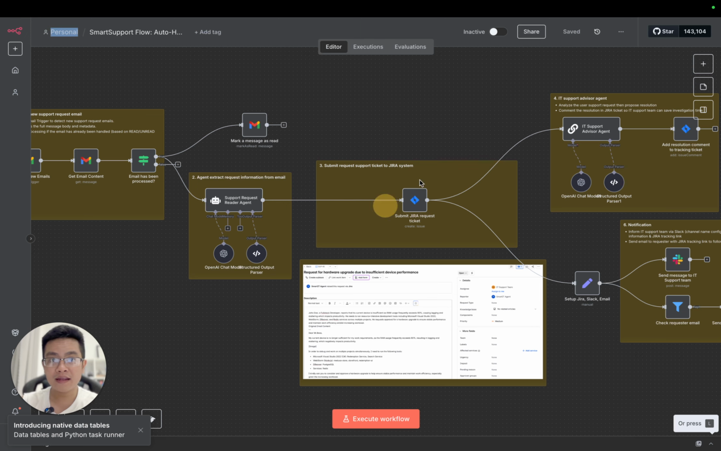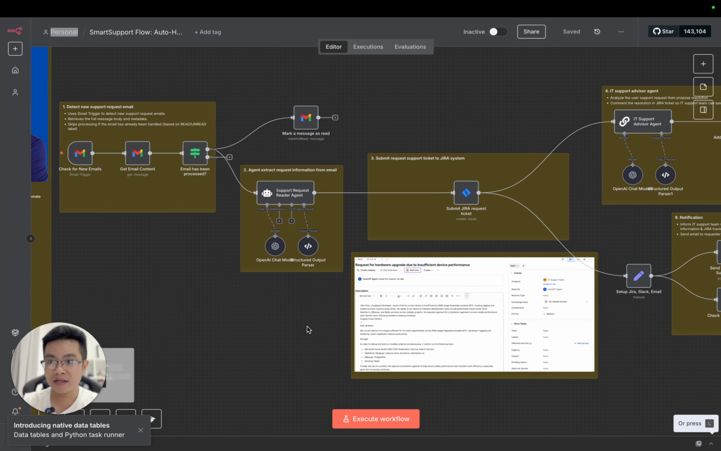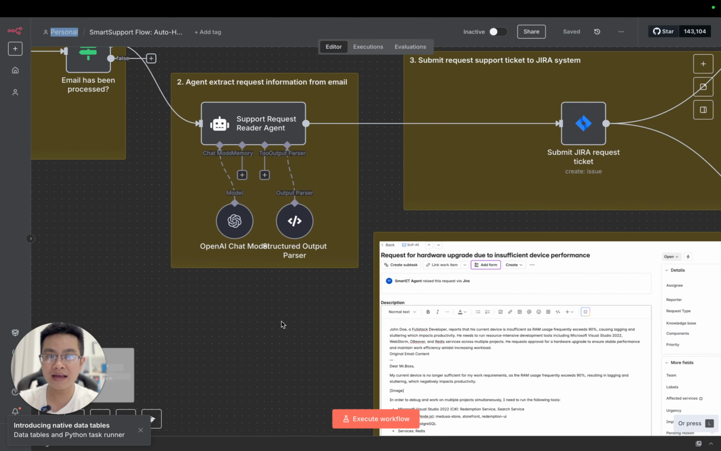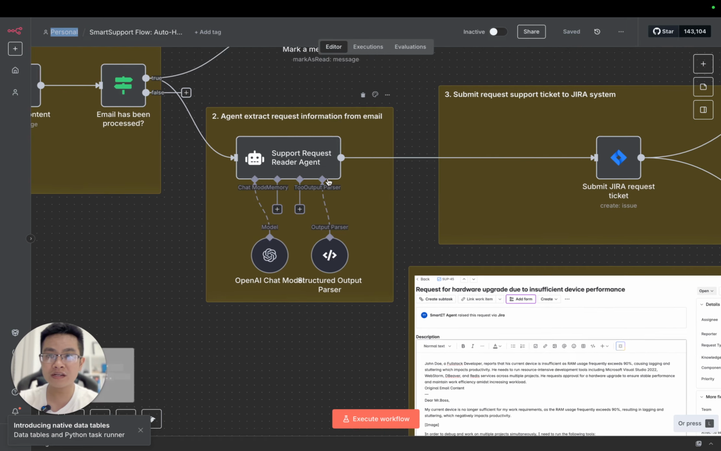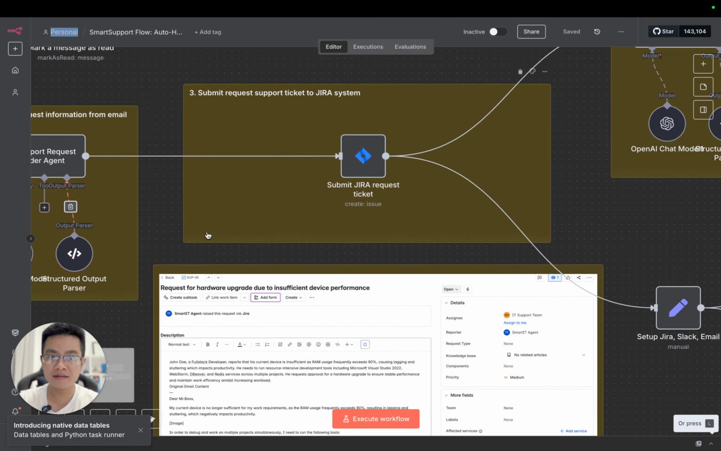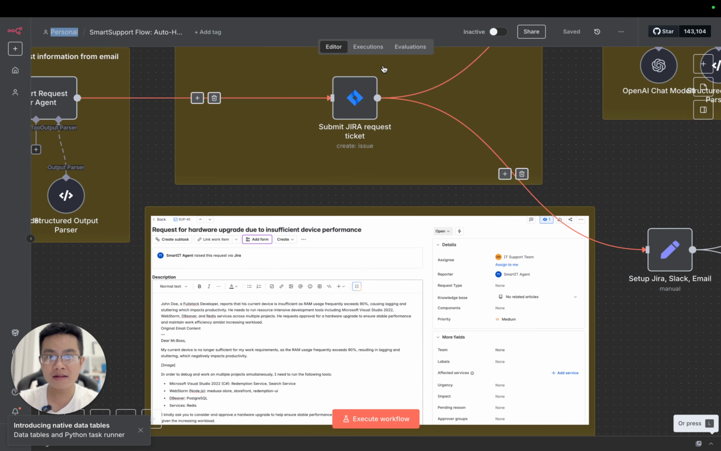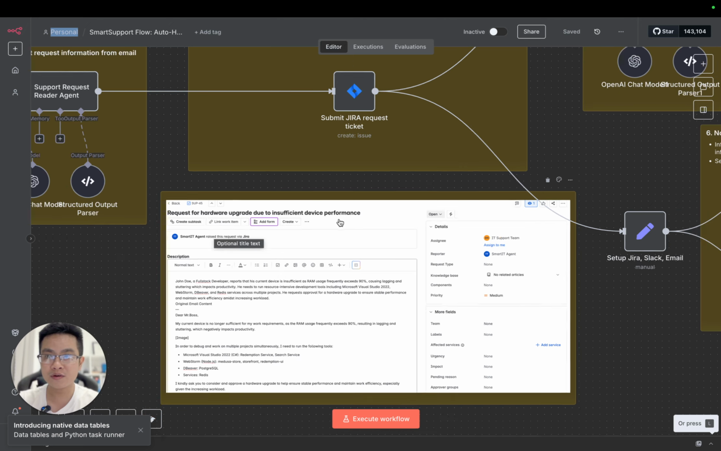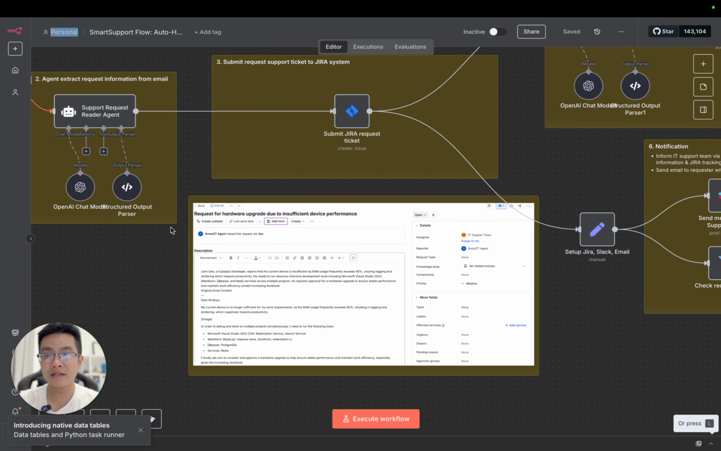Here you can see I have an example of an n8n automation workflow that integrates with Jira. The basic workflow is that whenever an email is sent to the support team, the AI agent will extract all the information from the sender's email, and then use the Jira built-in node to create a ticket right in the Jira system. So instead of the IT help desk manually going to Jira, reading the email and creating the ticket,